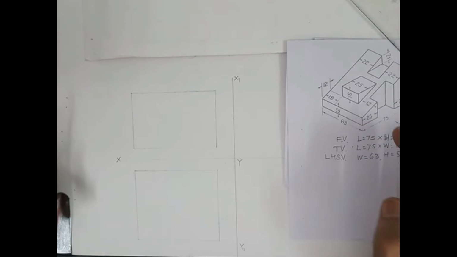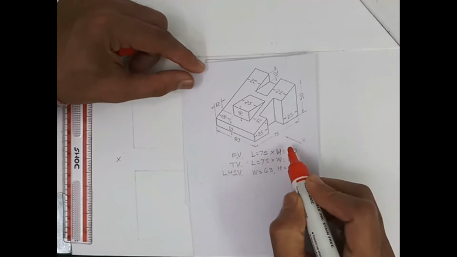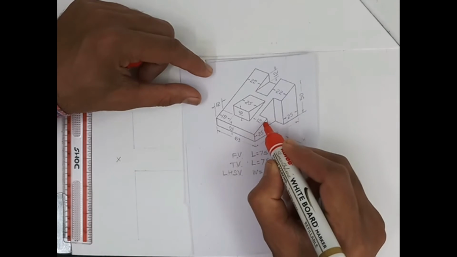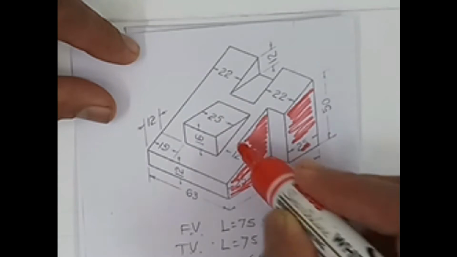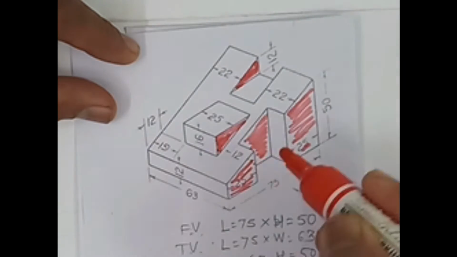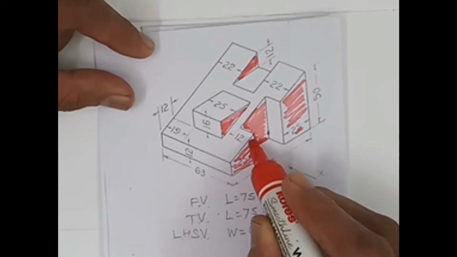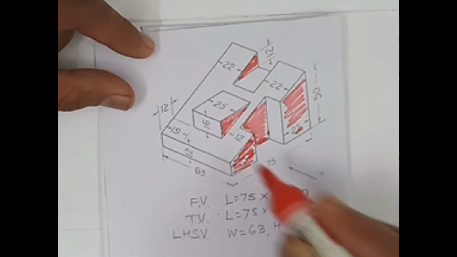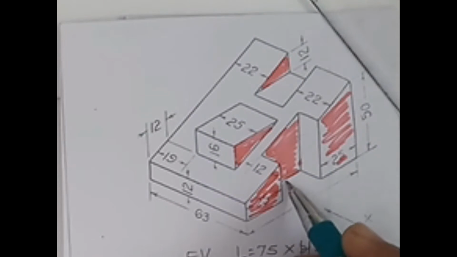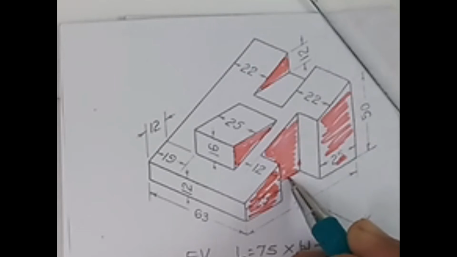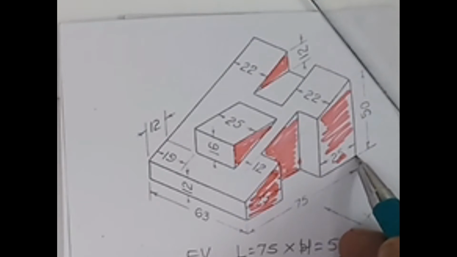Now let us start constructing the front view for this object. Let us understand which part will be visible in the front view. As we see, this plane will be visible. These are the planes which will be visible when you look at it from the front. This is the bottommost edge which will be seen. Even this edge is also at the ground level, so all these edges will be continuously seen.